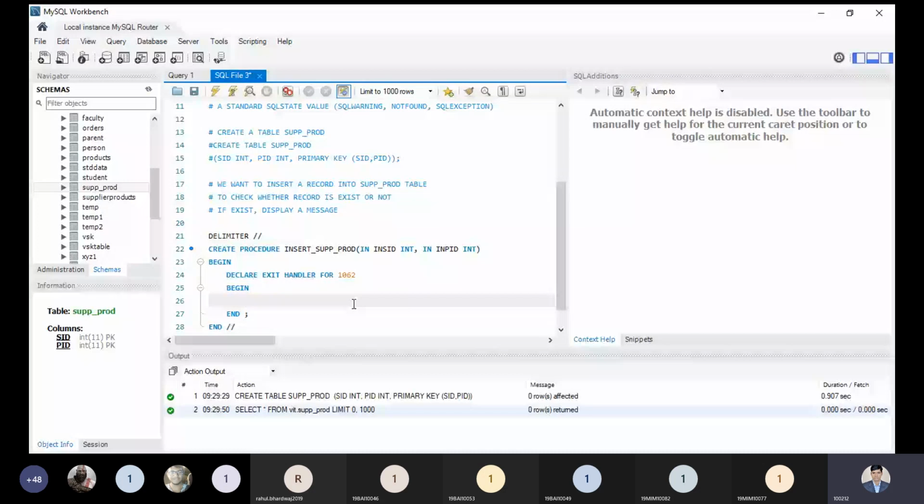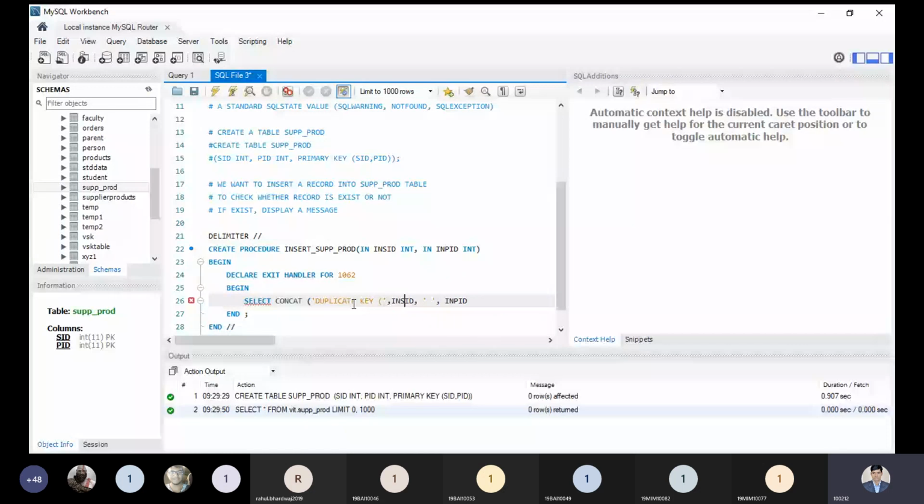Let me write over here, select concat. Now what is the message? Duplicate key in SID, and in PID, these are the above two variables.